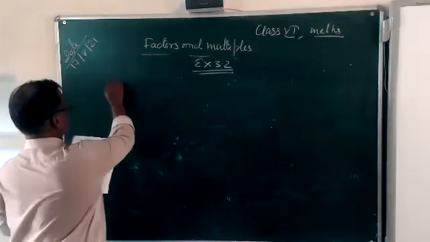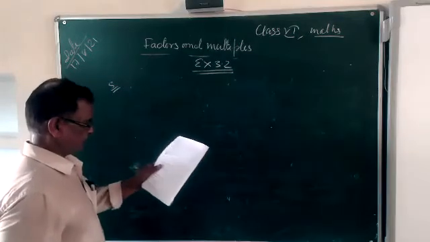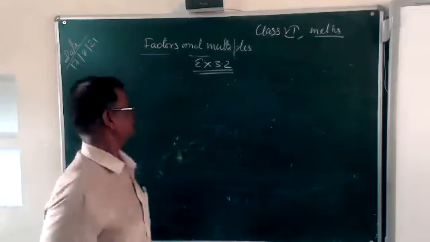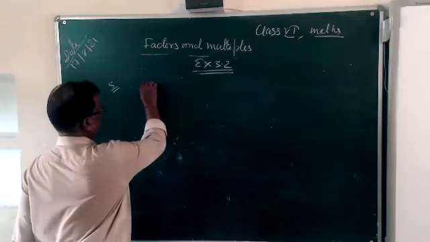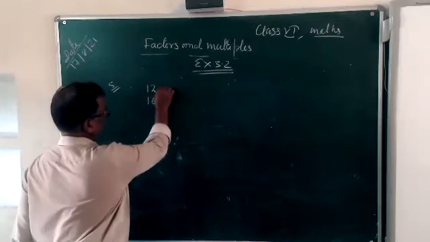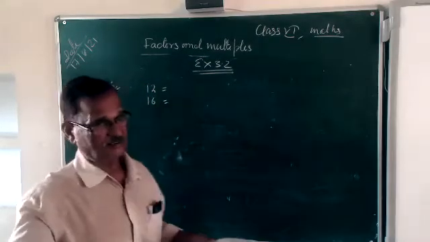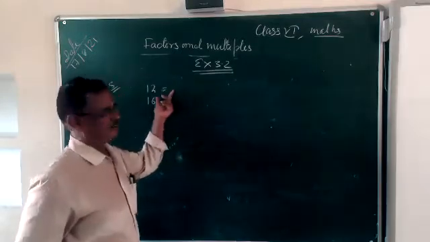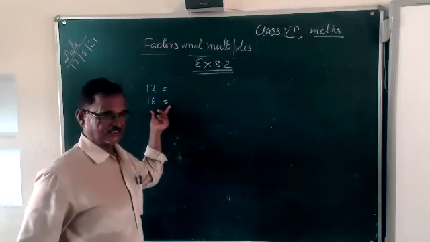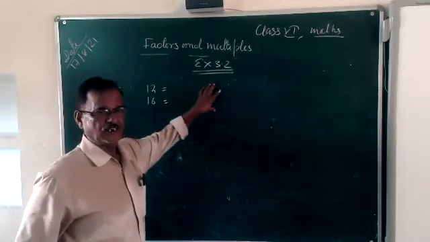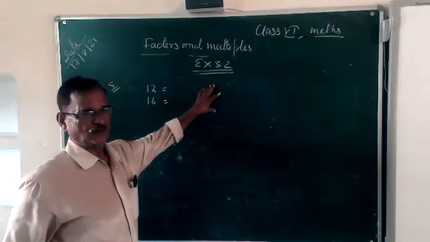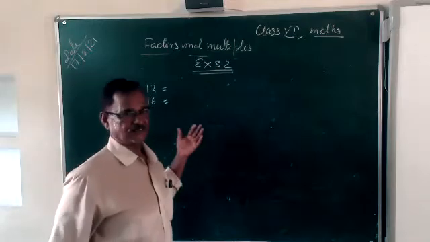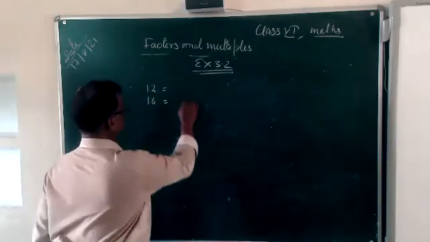See the fifth question. Question number 5. Find a common multiple of 12 and 16. So you find the least multiple. Write the multiples of 12 and write the multiples of 16. This is the least multiple of both. And then you multiply by 2, 3, 4, 5, whatever number of multiples is asked, that many common multiples you can find. So that is 12,